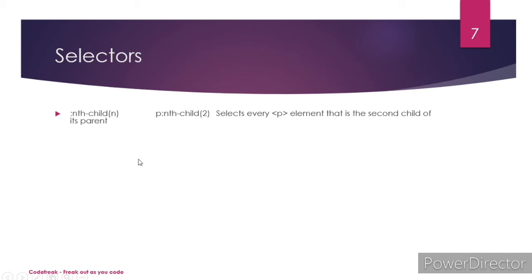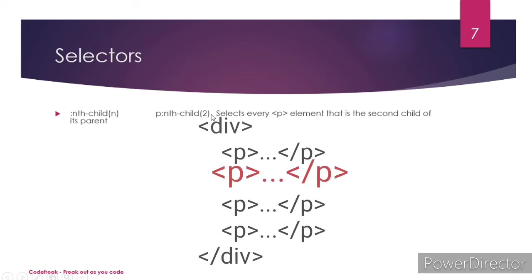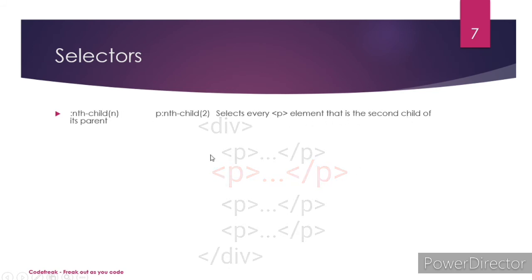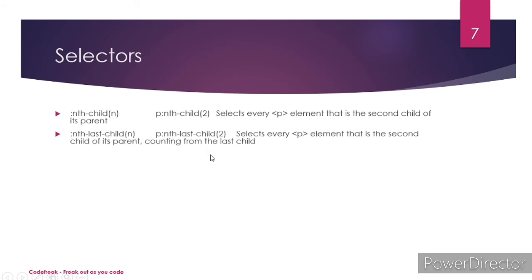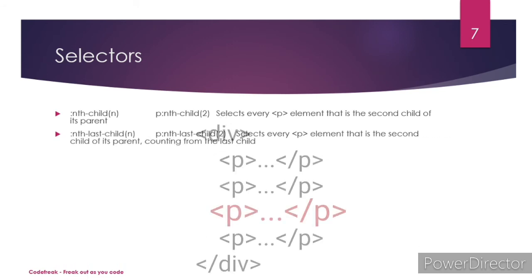So one more thing that we can use actually regularly is this one, nth child. So nth child means basically it selects the second one here. In this case, selects the p element that is the second child of its parent. So that's what I just said. Then nth last child, so from the last it does that. So selects the p element that is the second child of its parent, counting from the last child. So from last, when you count it, that's what happens, right?